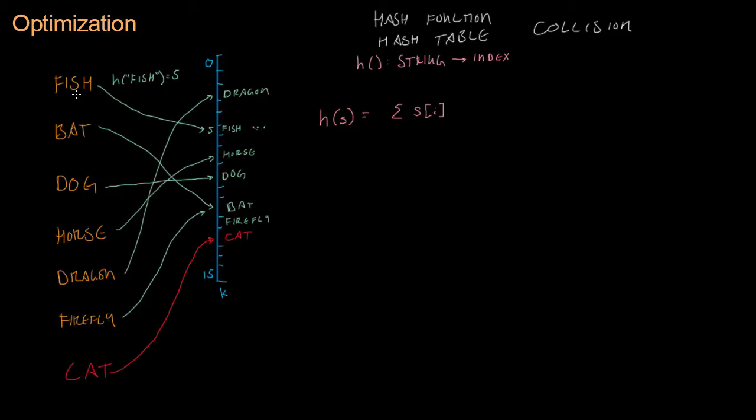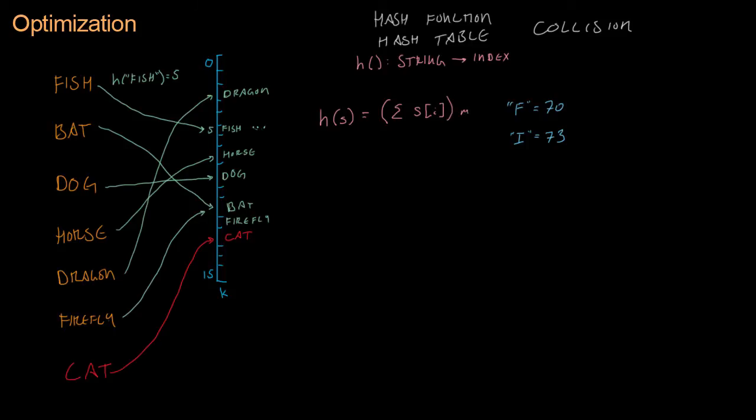Well, each letter is represented in the computer by a number. So for example, I just happen to know that the letter F is represented by the number 70, and the letter I is represented by the number 73. So when we add these letters, what we're adding is 70 plus 73 plus whatever number is used for S plus whatever number is for H. And then the one last step that we have to do